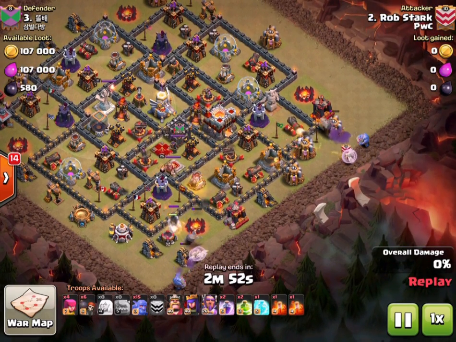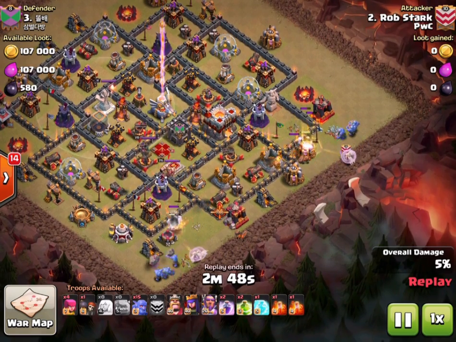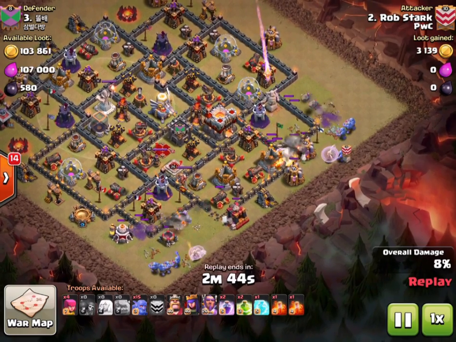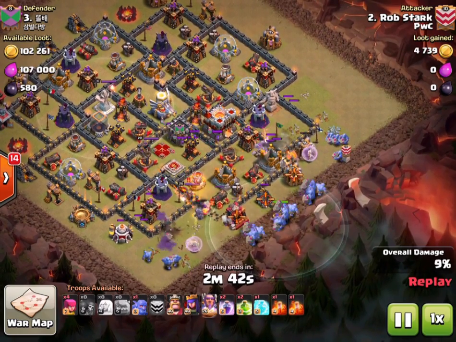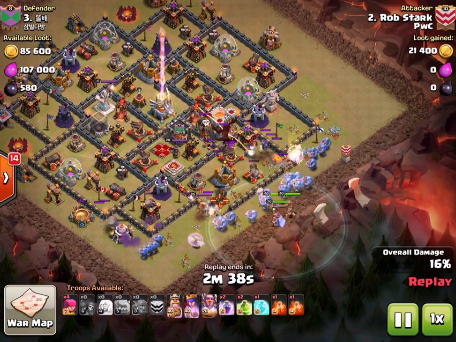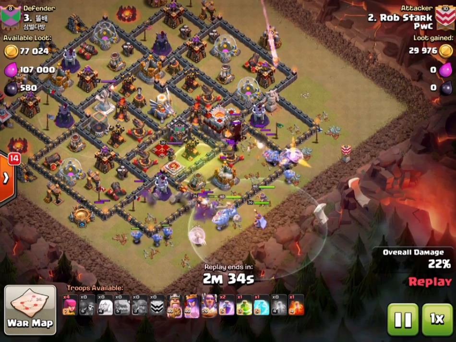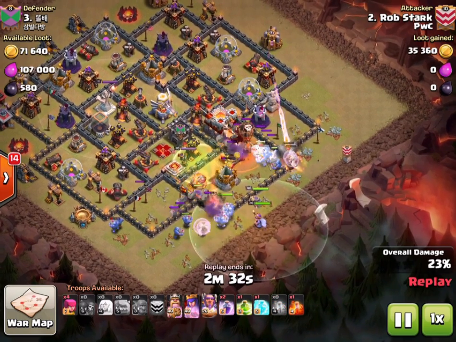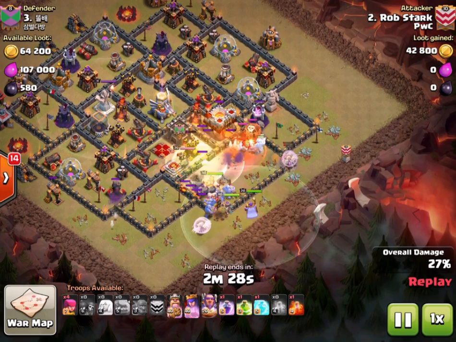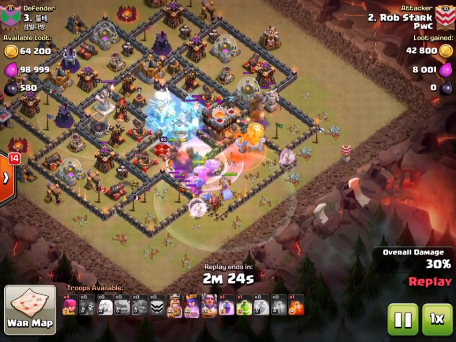Remember, you can do a queen walk into it, but at Town Hall 11, the difficulty of doing a queen walk is that because the DPS is so much higher, there's more point defense. Often the point defense, there's more expos, so your queen walks are going to require a lot more spells to keep them going, which is probably the primary reason why queen walks are not as viable at Town Hall 11,